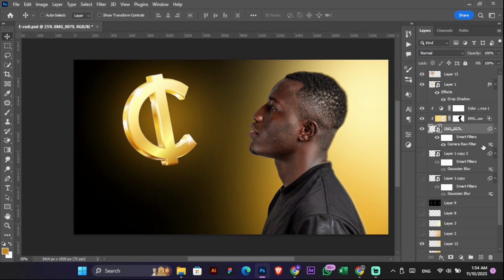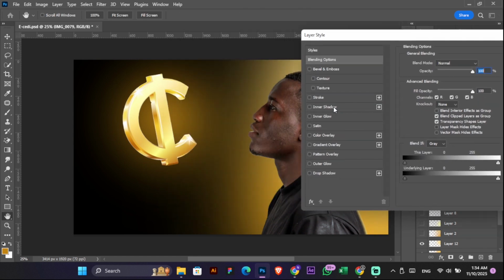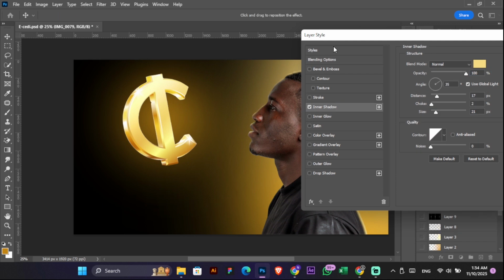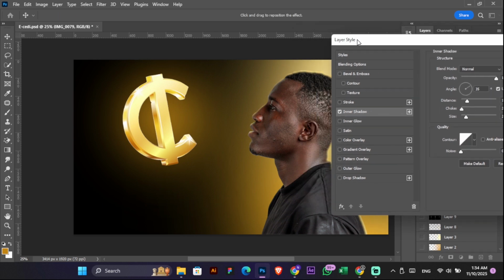So we can come back in here to our image right here, and then I'm just going to double click again, and then we go back to our inner shadow. So if I click on the inner shadow, you are going to notice our effect that we had previously is still there. Since you have already created a layer for that effect, you don't need to make any changes here. So we are going to focus on the left side of the image right now. So I'm just going to click and drag till I see something like this,